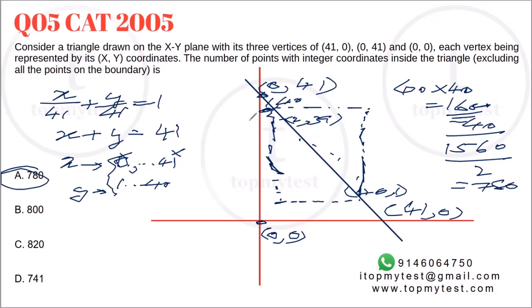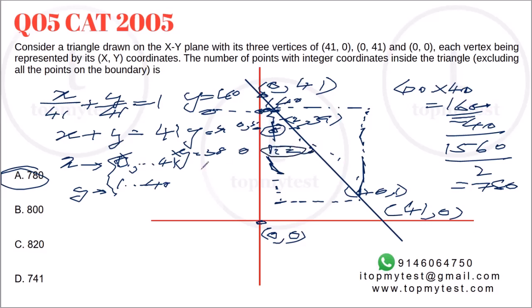Now there's an alternate way of doing this as well. What will be the alternate way? Right, just count a few values over here. At y equal to 40, the points which are available are (0, 40) and (1, 40). Both of them are on the line. So no point at y equal to 40. At y equal to 39, there will be 3 points, (0, 39), (1, 39) and (2, 39), out of which only 1 point is available. At y equal to 38, you'll have 0, 1, 2 and 3, out of which 2 points are available.